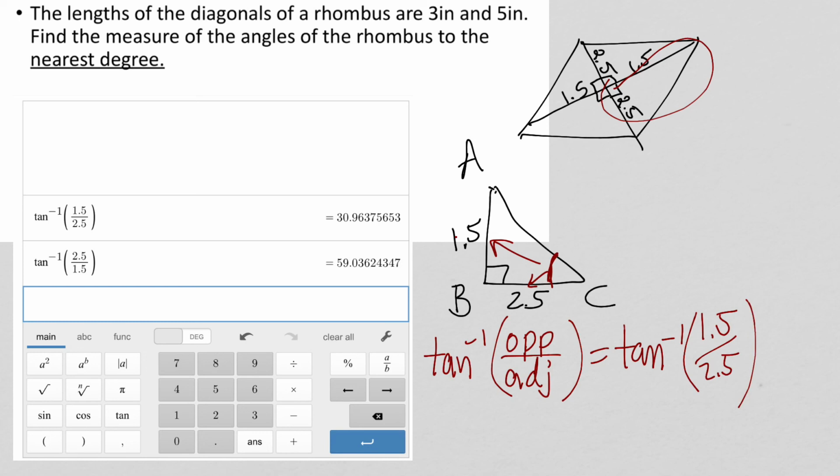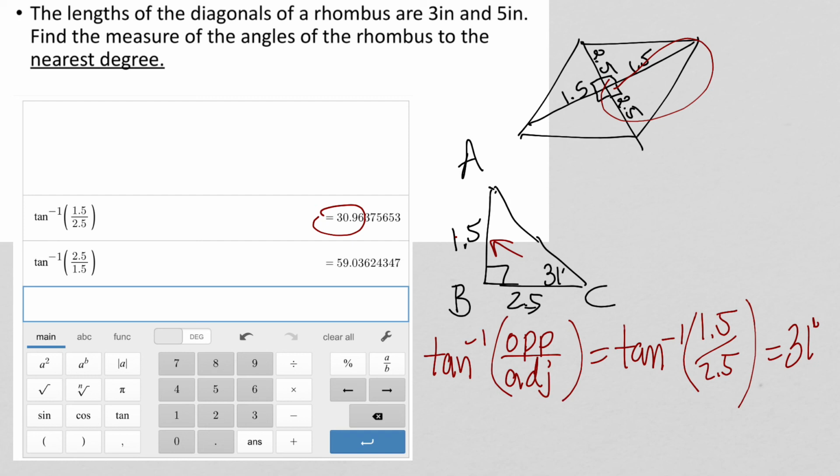Plug it into the calculator. If you have the TI, go ahead. And I'm getting this answer here. It says to the nearest degree, I got 31 degrees. So that makes this angle here, I knew it was going to do that. This angle here, oops, is 31 degrees. We could do 180 minus the 90 plus the 31, right? And that gives us an answer of,